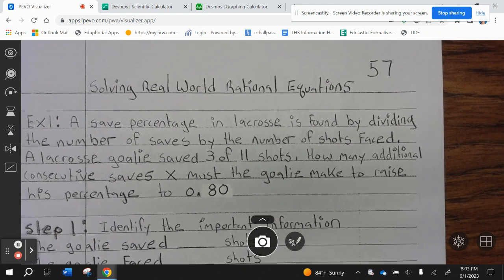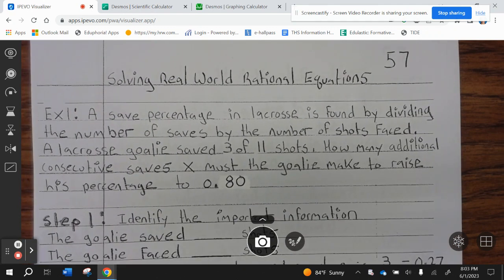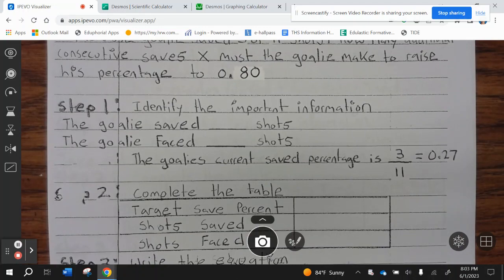Example 1. A save percentage in lacrosse is found by dividing the number of saves by the number of shots faced. A lacrosse goalie saved 3 of 11 shots. How many additional consecutive saves x must the goalie make to raise his percentage to 0.80? Okay, so step 1,